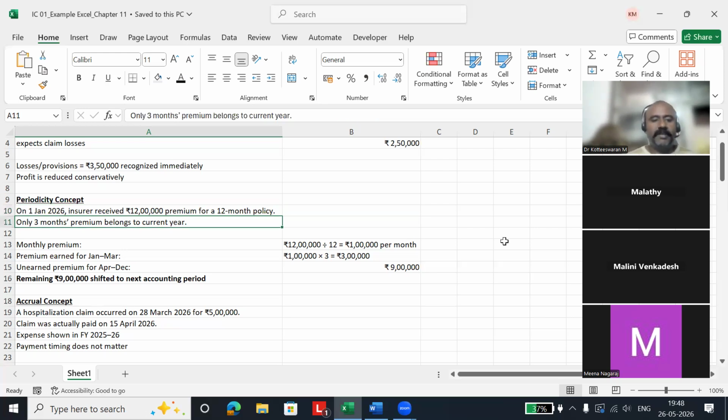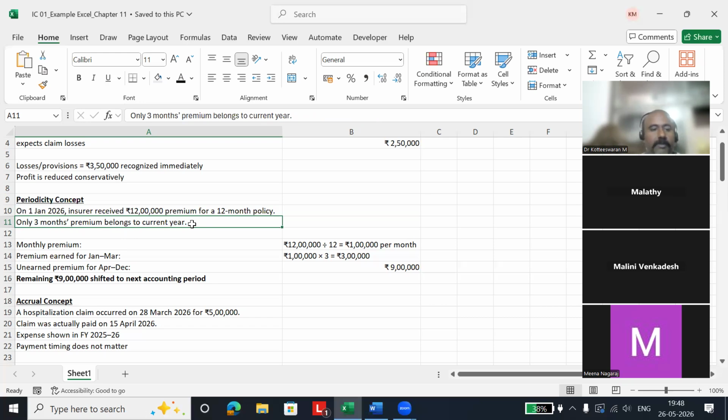But when we are accounting for the current year, this financial year, 2025 to 2026 period, when we account we'll have Jan, Feb and March. Okay, only 3 months will be there. So only this 3 months premium belongs to this current year. Even though they have paid 12 lakhs, only 3 lakhs, that is, the premium for Jan, February, March